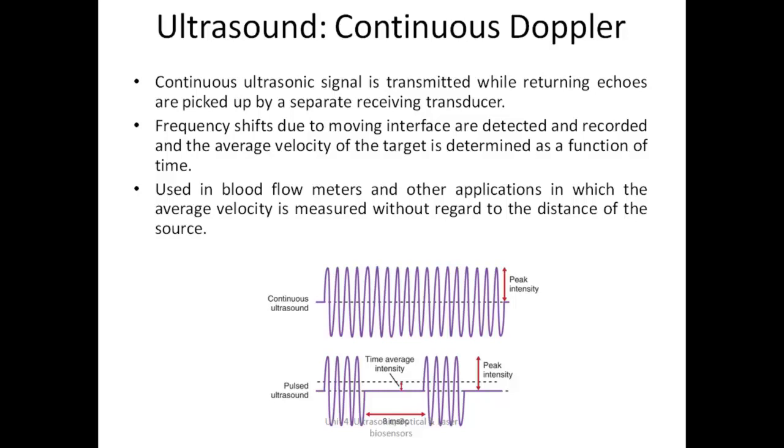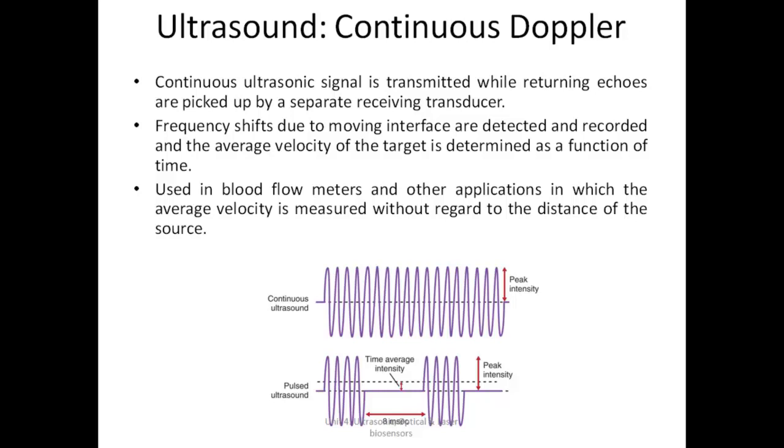Okay, so in the pulsed ultrasound, the same transducer was transmitting also and recording also. But over here, what happens? You need two transducers, one for transmission and another one for recording the echoes, because continuously one transducer has to go on emitting the ultrasound waves, and the second transducer will continuously record the echoes that are coming, because if your transmitted wave is continuous, the echo will also be continuous. If your transmitted wave is in pulse form, the echo will also be in pulse form.